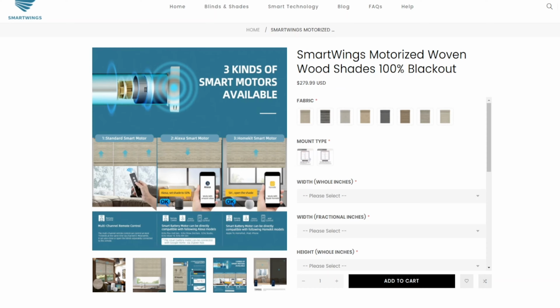With your measurements and your design choices out of the way, your next and final big decision is what smart motor to actually choose for these woven shades. Now, by default, there is just a standard smart motor, which you can operate with just the SmartWings multi-channel remote. From here though, there are some more options. You can either go with an Alexa-based smart motor or you can go with a HomeKit-based smart motor. Now, if you are using Google Home, you're going to have to use a Zigbee hub,